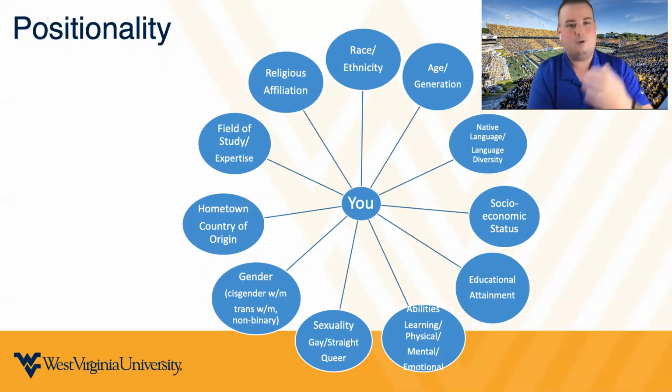So we have things like race, religious affiliation, age, your native language. Everyone has different backgrounds in terms of socioeconomic status, and everybody's coming to WVU for different degrees, and maybe has had different paths to get here. There's different genders that we have, and sexualities, and abilities, capabilities. So all of these things make you you, and you're really as unique as your own fingerprint in the sense that I'm sure nobody in this class has all the exact same things on this list, and that's okay because that's what makes us great.